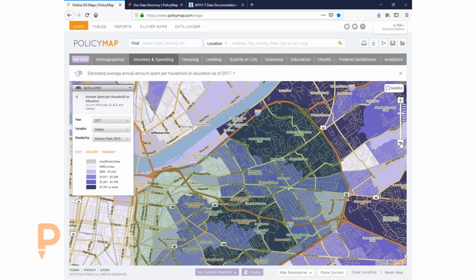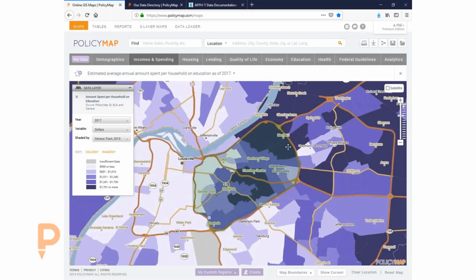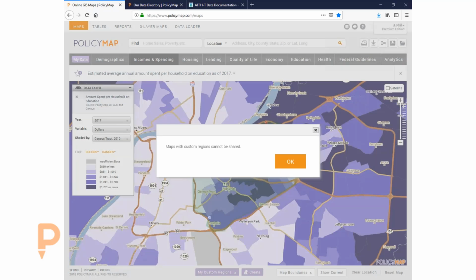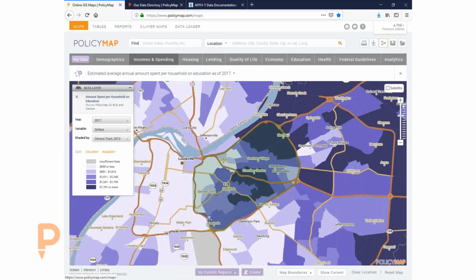And then when you save, it just saves a copy onto your desktop, allowing you to use it at any time. Now the maps that you print are static, meaning that it's stuck in time. The user gets an image of it, and they really understand the area that you're working in. But if you wanted to share this map in a much more interactive way, you can use the share function up here. And with the exception of custom regions,